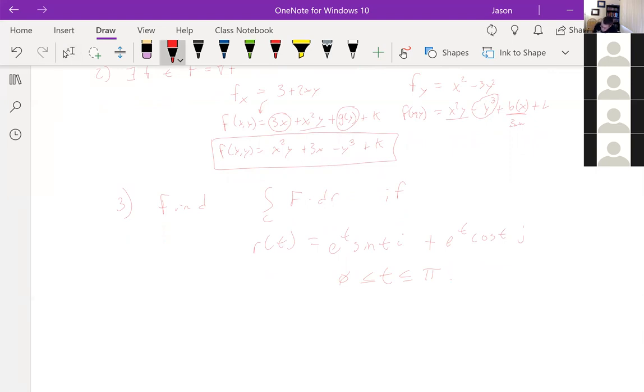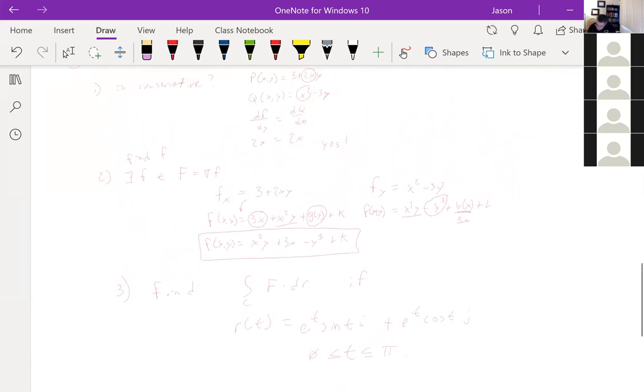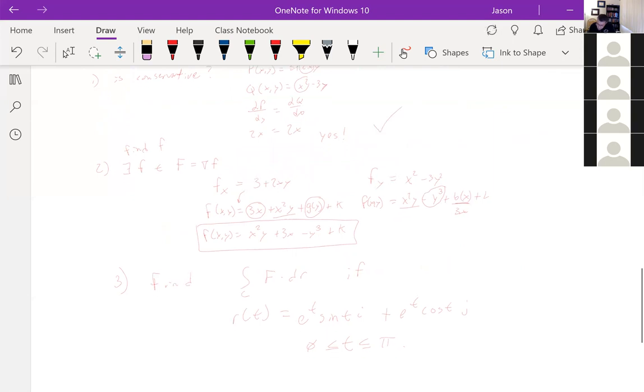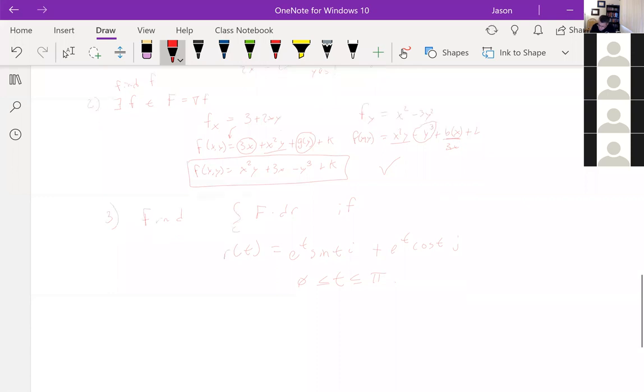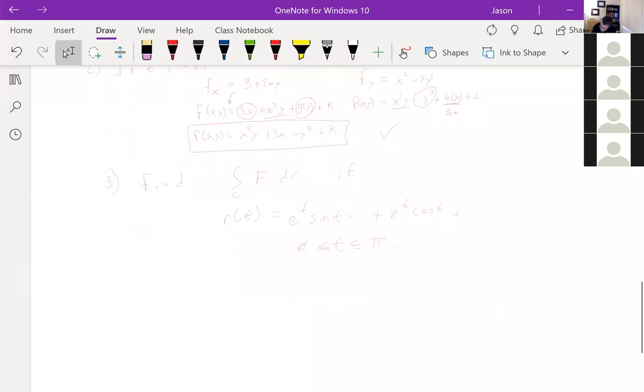Okay, and so what? Well, we know that it's conservative. Is it conservative? Yep, it's conservative. Is it conservative? Yes, check. Is there a parent function? Check. Okay, and so now what do we do? Well, this is going to be, okay,